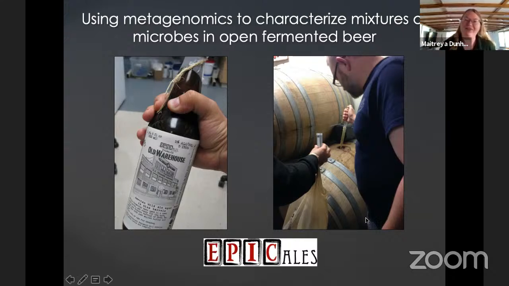So this was a living community, which had been evolving and competing with each other for years. When we arrived, he had just topped it off, and you could look in the bung here and see just roiling culture. It was amazing. You could tell it was alive. So we took a sample. This is Ivan's hand here. We took it back to the lab and started to try to see if we could characterize what microbes were in the Old Warehouse beer.